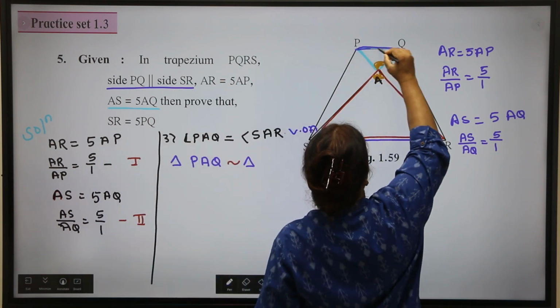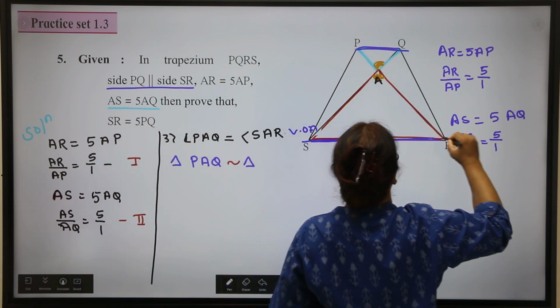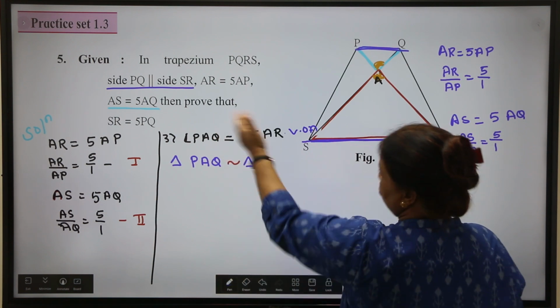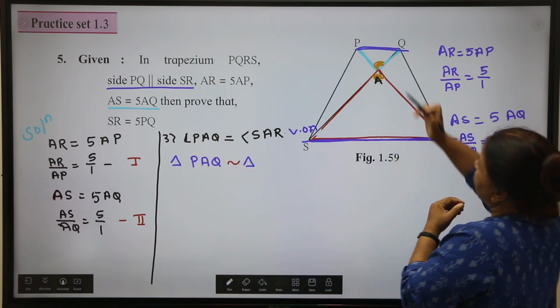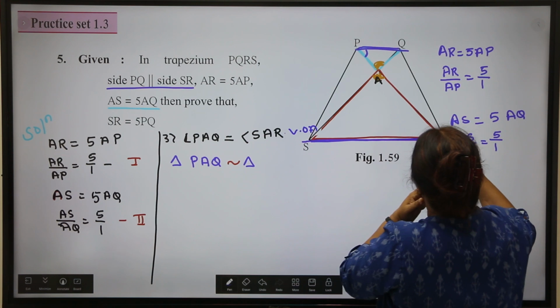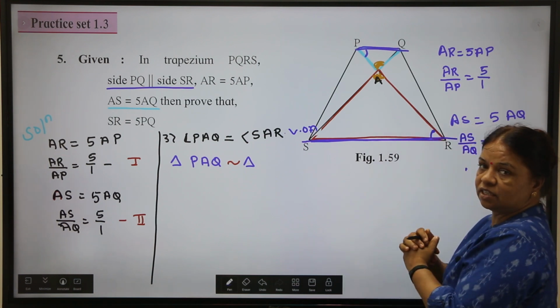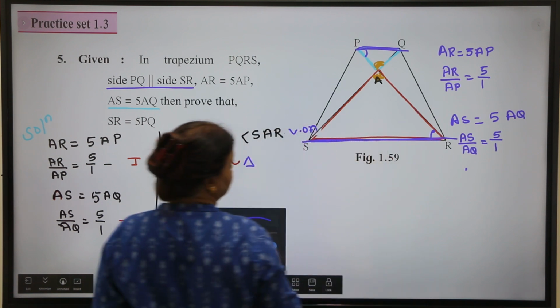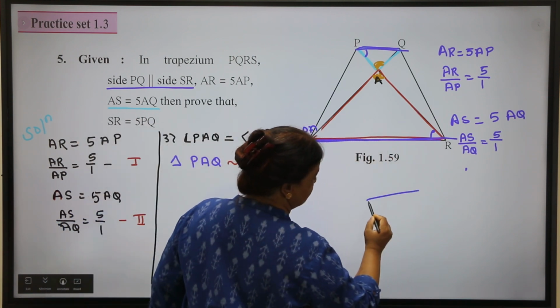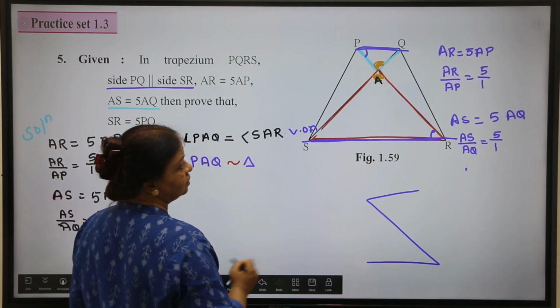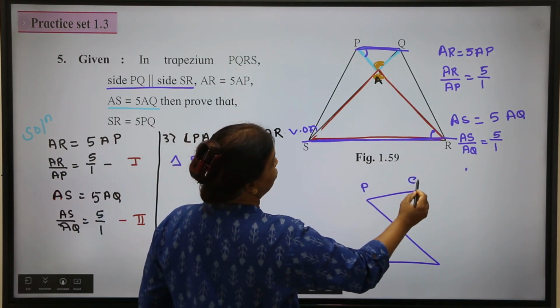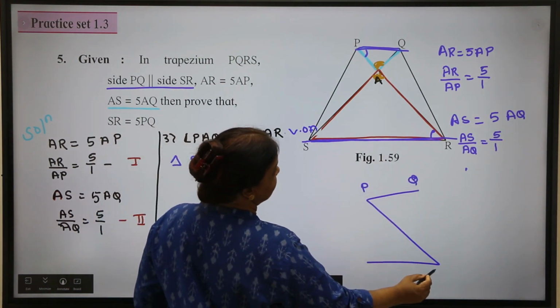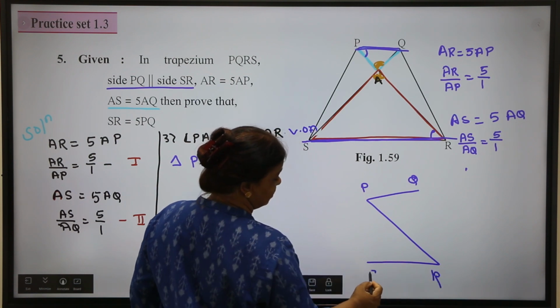If this side is parallel to this side, as it is a trapezium and it is also given PQ is parallel, so this angle will be equal to this angle, children. Corresponding angle, alternate angle, means if I draw this figure here like this,